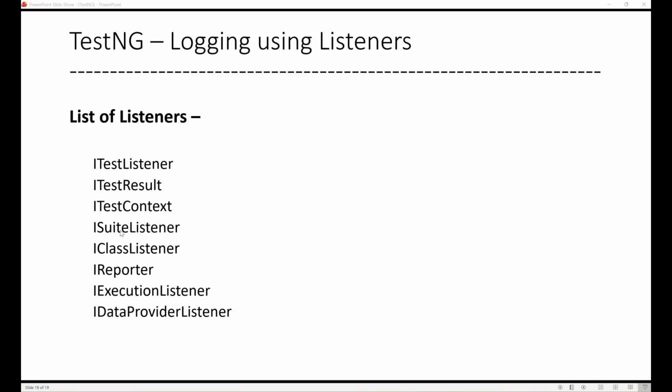ISuiteListener, as the name says, listens to whenever a suite starts and whenever a suite ends, and prints that information to the console, right, if we enable it. Similarly, IClassListener,